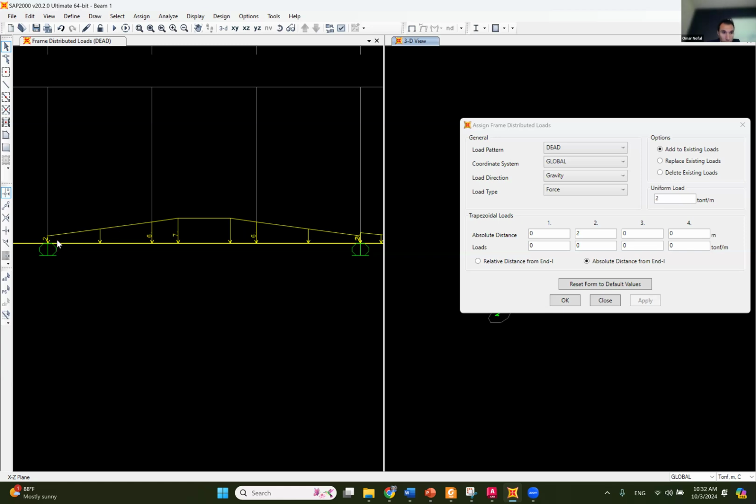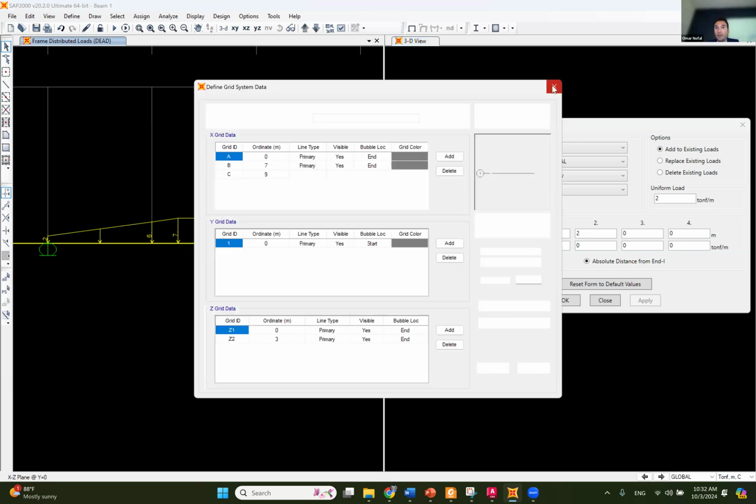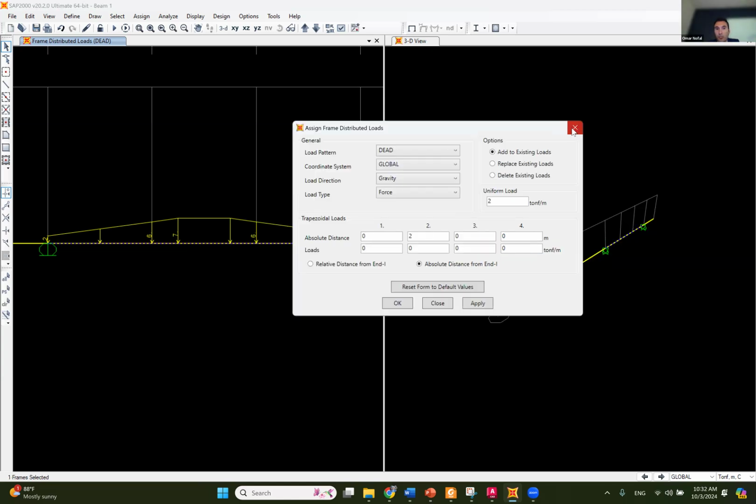All right, so right now we have 2 here, and this is supposed to be, okay, I can see it's 7. And this should be fine. Okay, so right now we know what happened. So for example, if you are starting from scratch and you want to delete the existing load, you say apply, and then you can get back to existing, put 2 uniform, and then put the loads the way that we did it. If you guys remember the distances, it was like 2.5, 3.5, 6, and then we have 5 and 5 here, right? And then we hit,